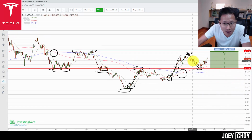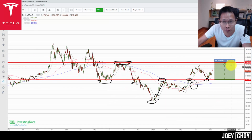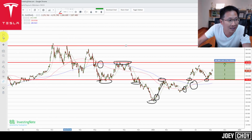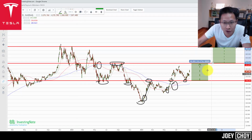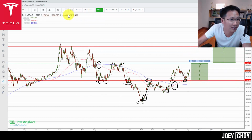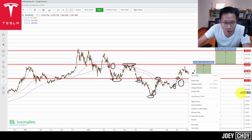We did see a spike up again, after Morgan Stanley upgraded its target price from 250 to 400. So 400 would be somewhere around here. Let me just draw this target. That would be the next resistance level around that 400 level, after 320, that is potentially where we can head to as well, right over here. So it's about 320 near-term target. After that, it would be all the way to about that 400, which is the Morgan Stanley target price